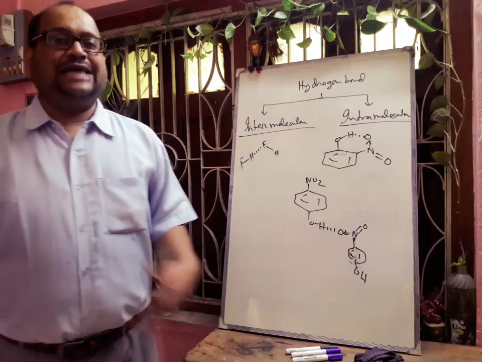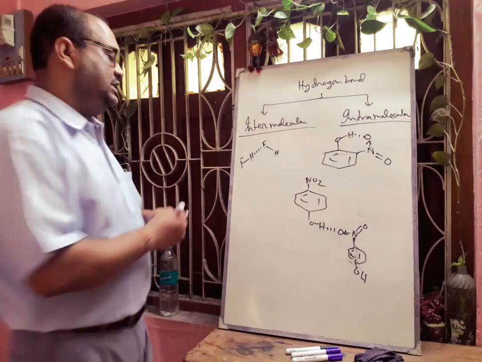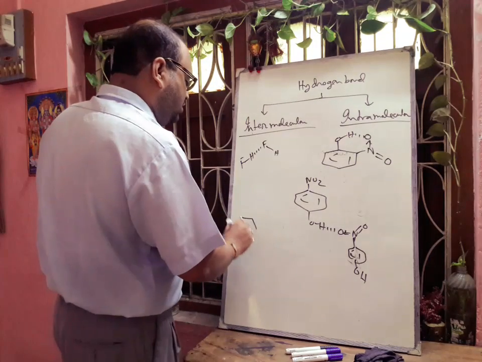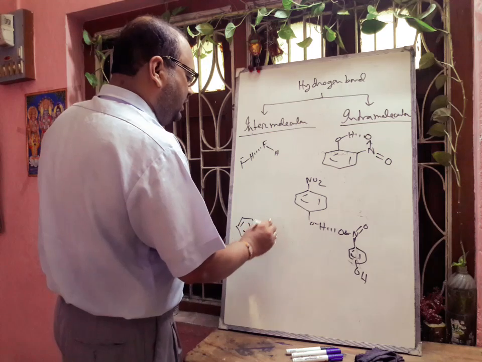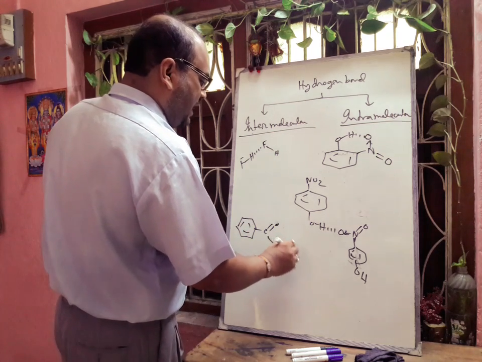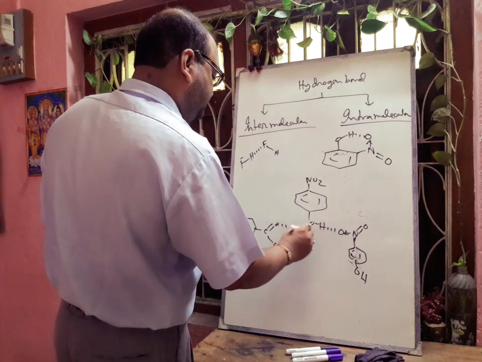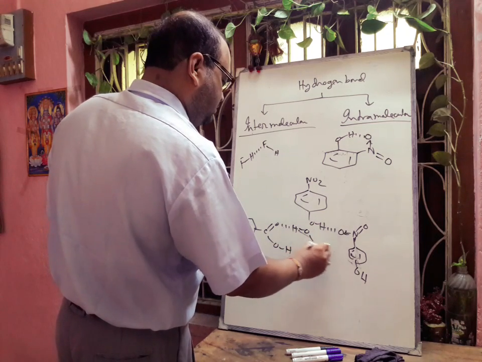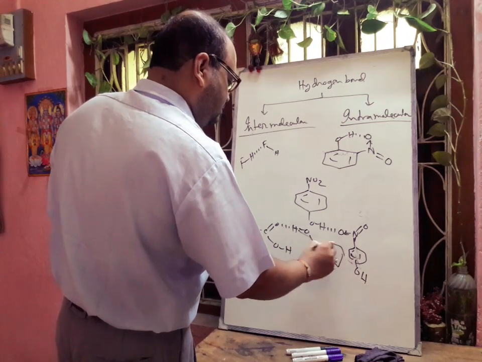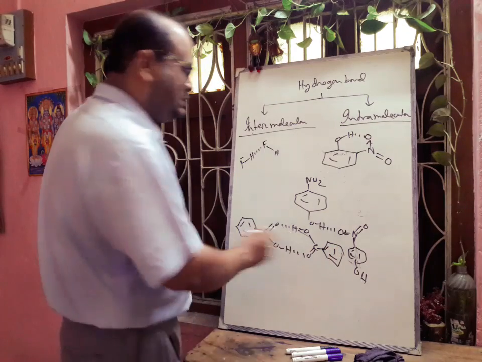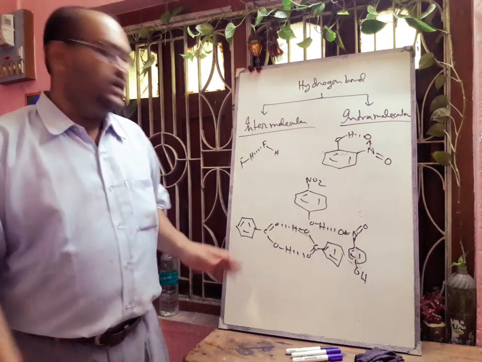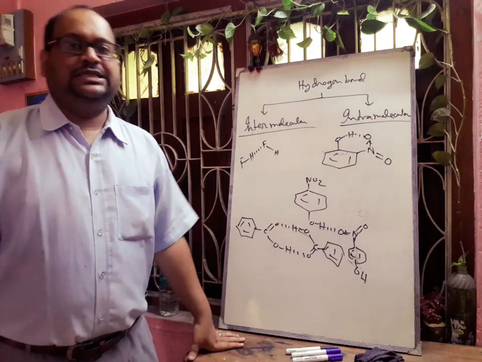Next, we can discuss the association of molecules like benzoic acid. If we think about benzoic acid, because of intermolecular hydrogen bonding, there will be formation of a dimer in benzene, a nonpolar solvent also. So this is the structure of benzoic acid. It is forming the dimer, so there will be association.